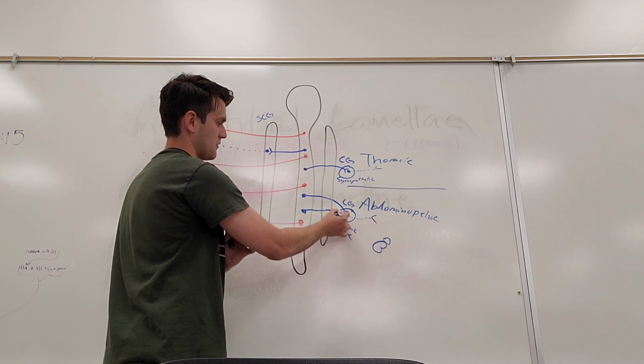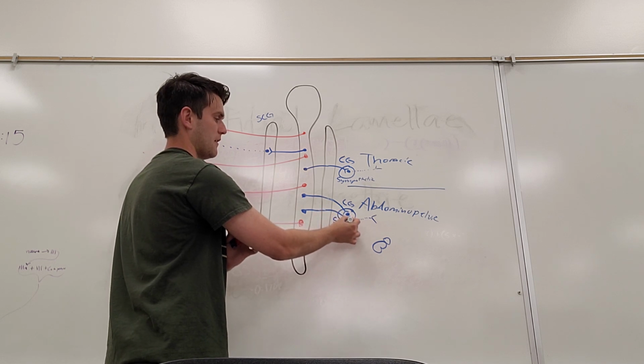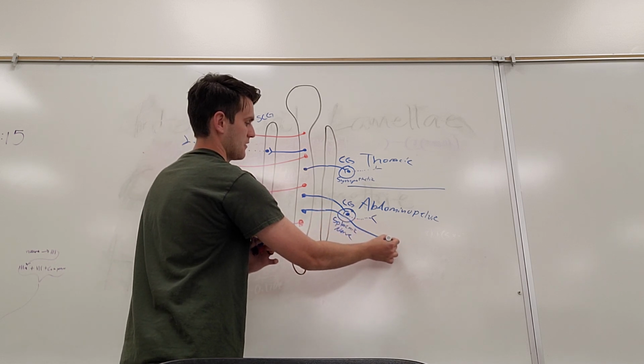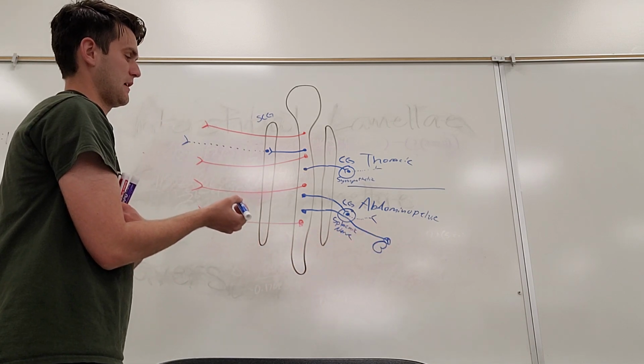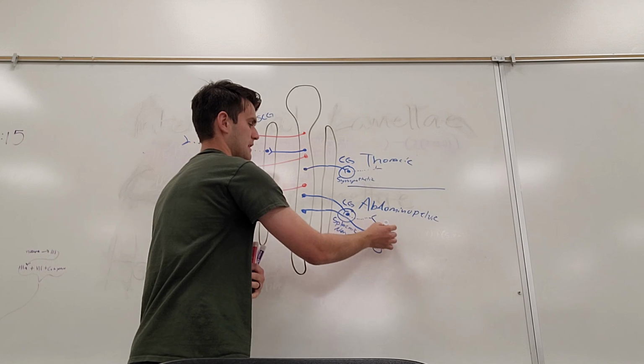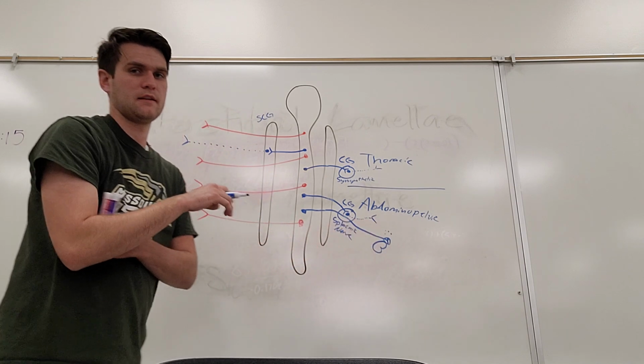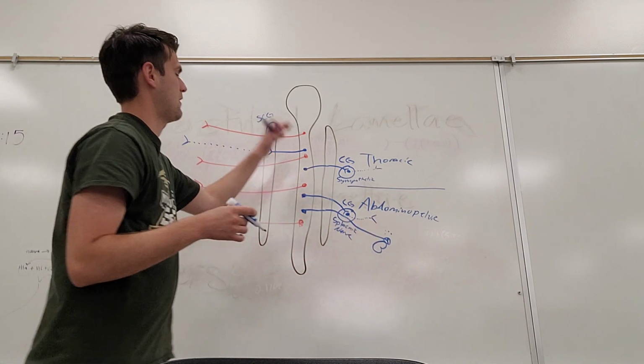It doesn't synapse, goes straight through our collateral ganglia without synapsing. It just goes straight to our medulla of the adrenal gland and synapses there. In this case, that would release norepinephrine. Okay, so those are our pathways that our sympathetic